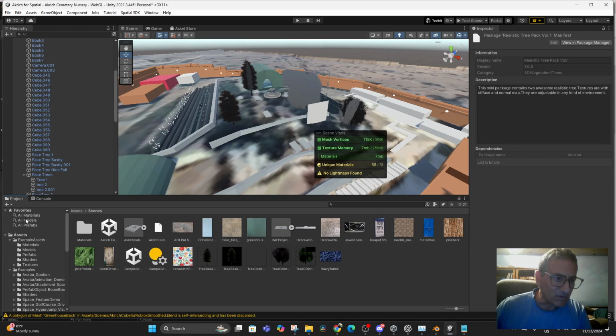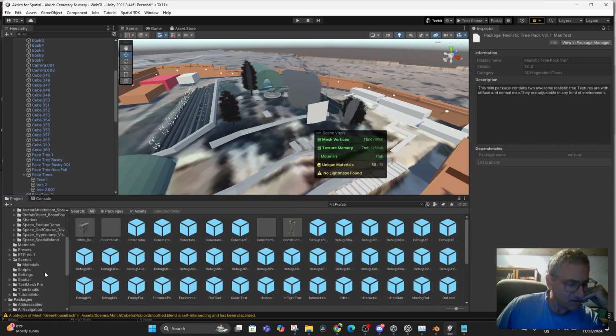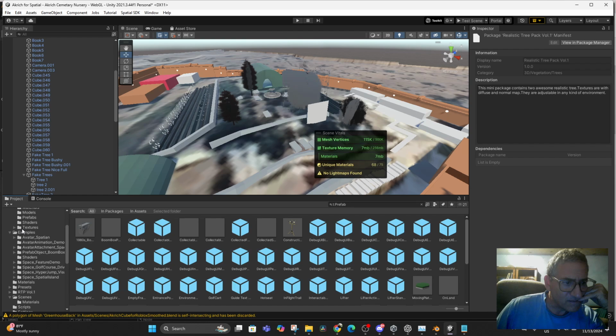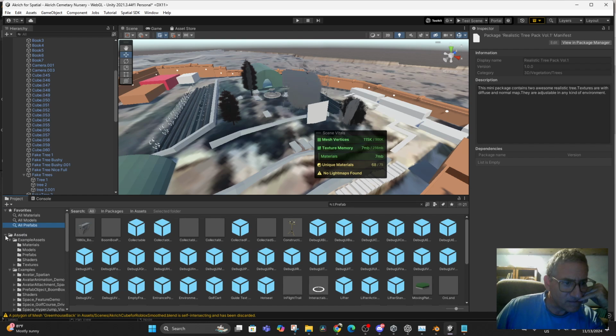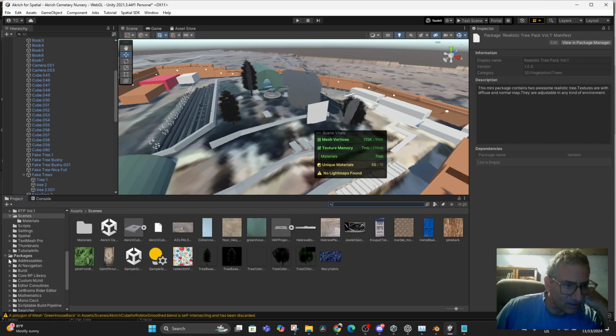All materials, all models, all prefabs. I didn't want to look at all that. Search in all. I don't want to search in all prefab. Shaders, scenes, spatials, there, packages,